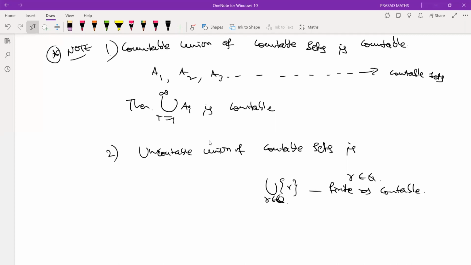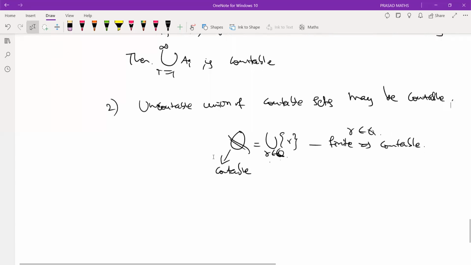Q is countable. So you take R over Q. What do you get? The collection of all singletons over Q. Countable. So what is Q? Countable. So an uncountable union of countable sets may be countable, or may not be countable. I don't know whether there is an open statement, but an uncountable union of countable sets may or may not be countable. This is an example for that. OK, so next is,